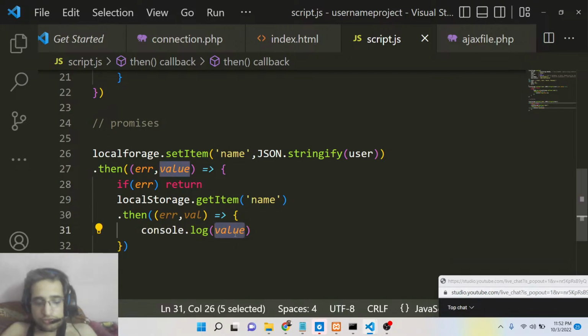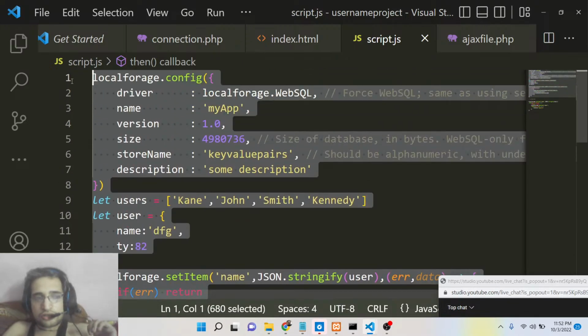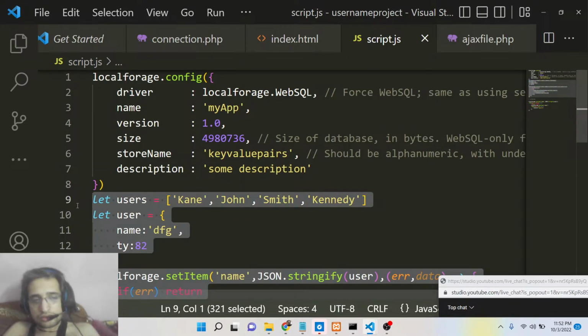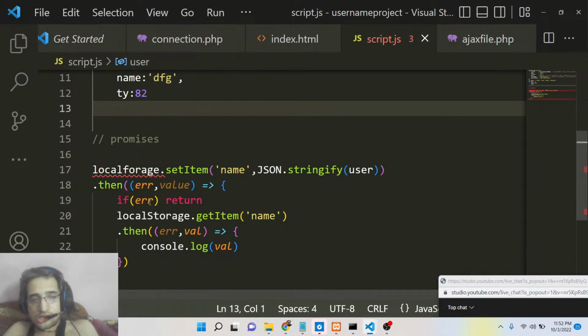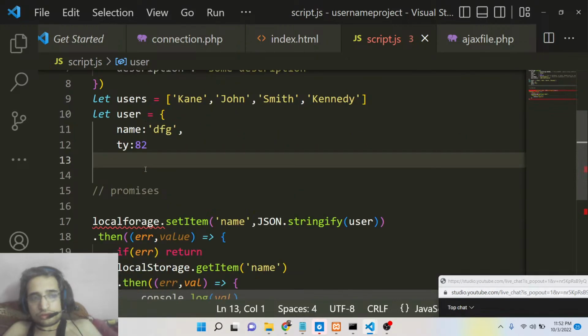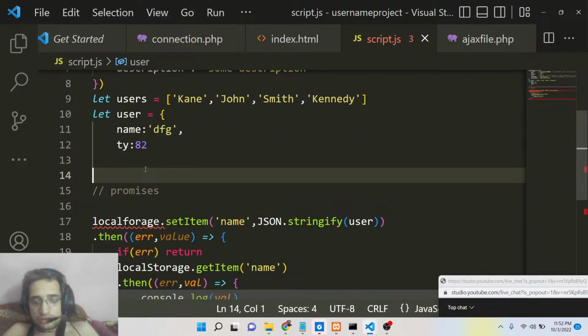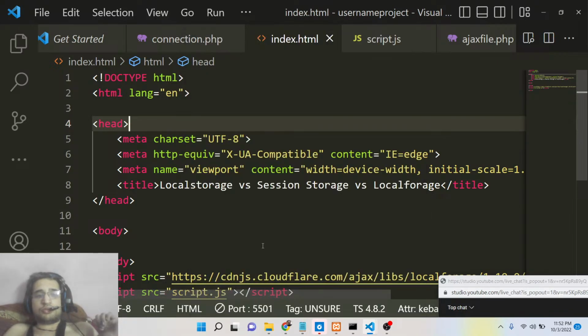So this needs to be val dot. Here, let me delete this callback one. If you open this now,